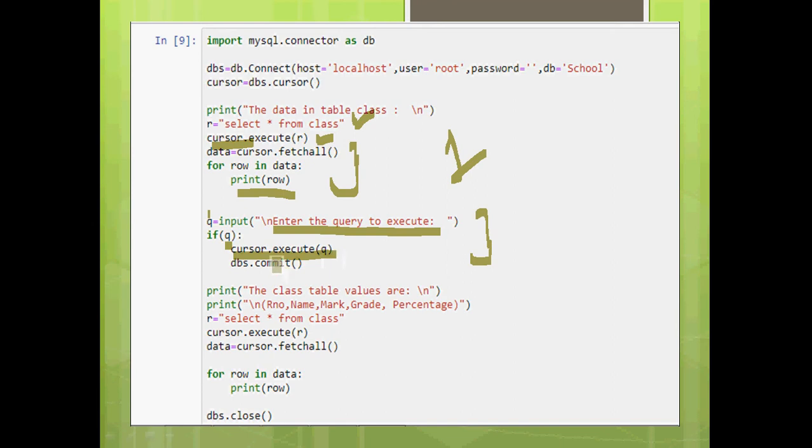If it executes, then it can be a query like create, insert, alter, delete, update. It can be any such query. You can mention any such query.